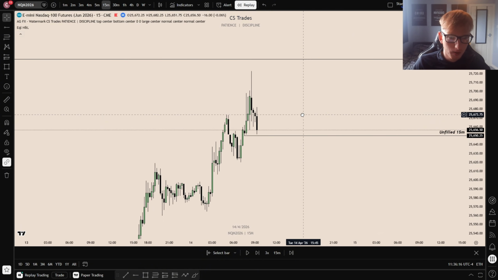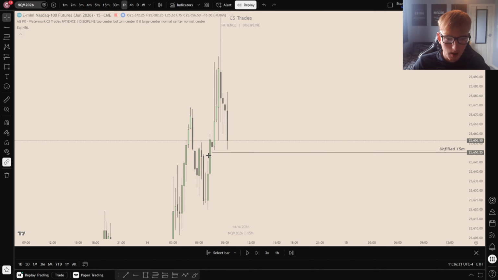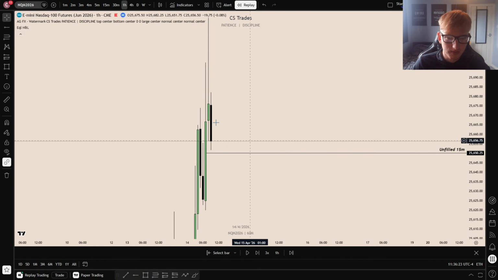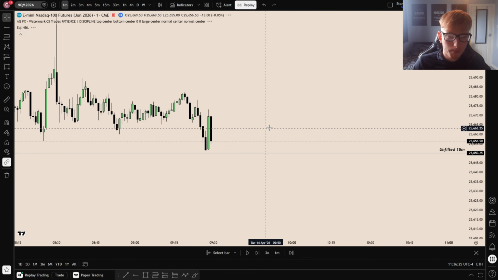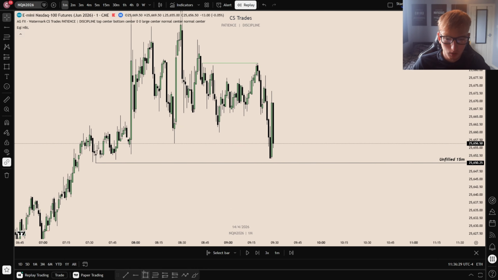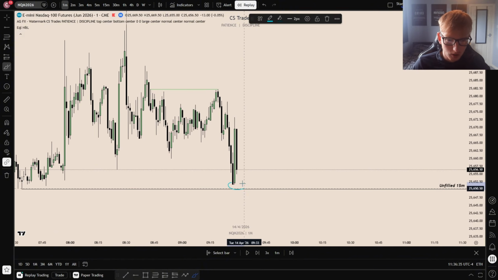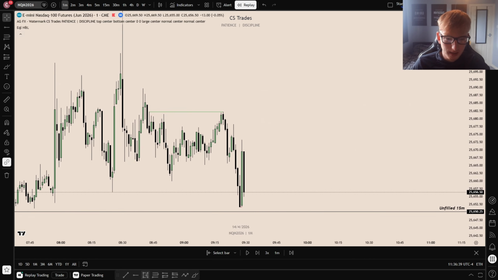Then at market open, we failed to tap into this 15-minute fair value gap. We were delivering out of this hourly fair value gap, which is what made this trade technically valid. But I just did not like this trade for two reasons. The first reason, we left relative equal lows below. We failed to sweep this obvious low right here. So I didn't like this. We left equal lows at the low, which is another small reason to not take the trade. And we did not get the inverse on this candle right here. There was no inverse.